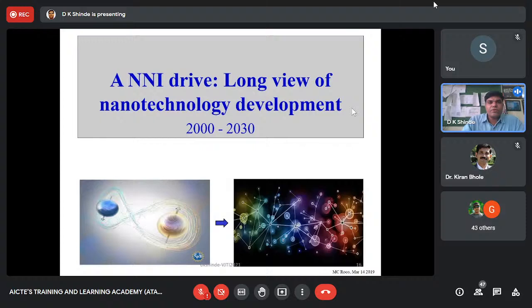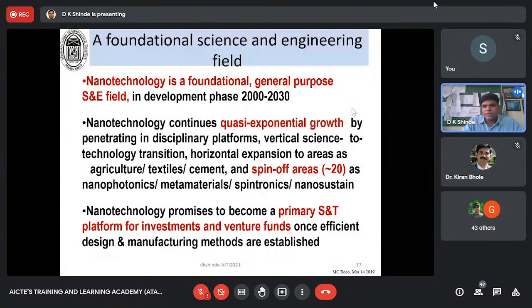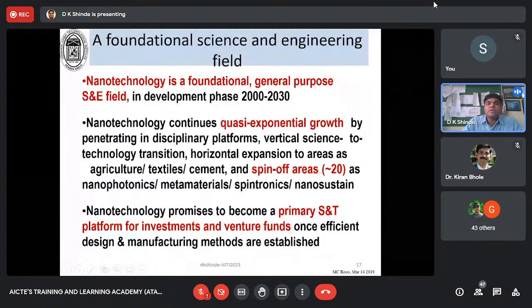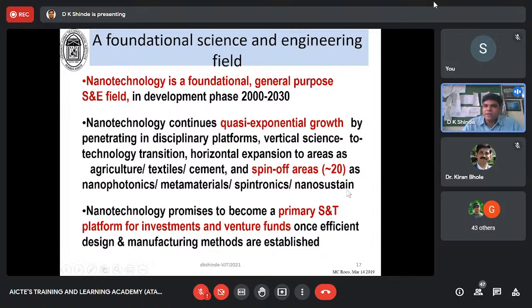So these are a few of those national initiatives, the functional national initiatives, which give an idea about the last 20 years and entering the 30 years of bringing this quasi-exponential growth of nanotechnology in various disciplines, vertical science-to-technology transition and horizontal expansion into various fields such as textile, cement, agriculture, and spinning off many areas, namely nanophotonics, metamaterials, which is, batteries